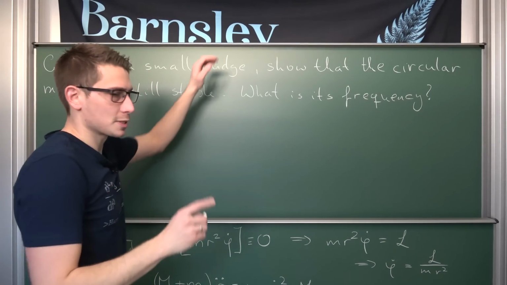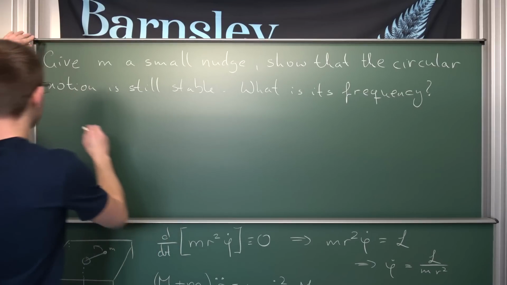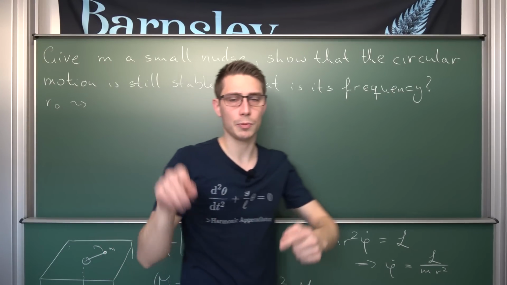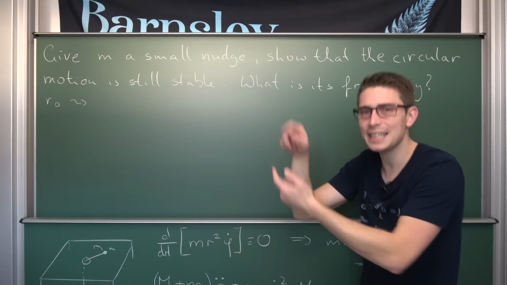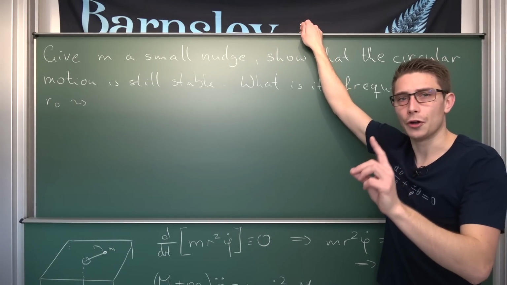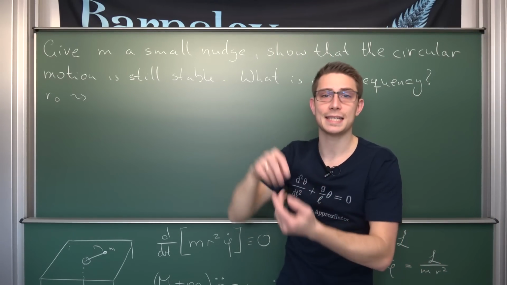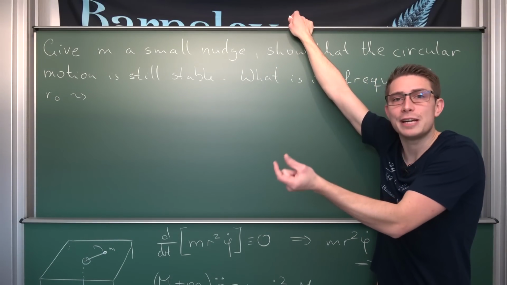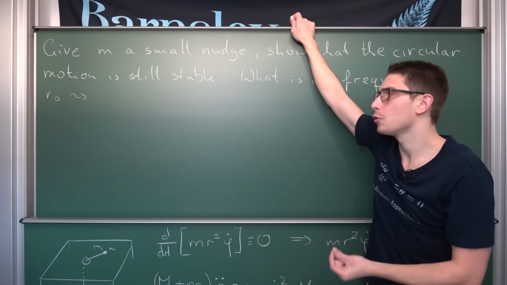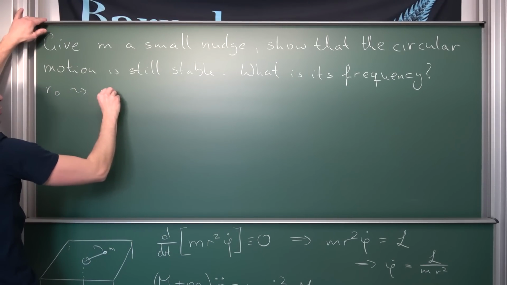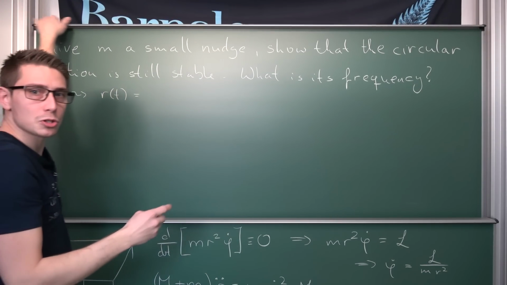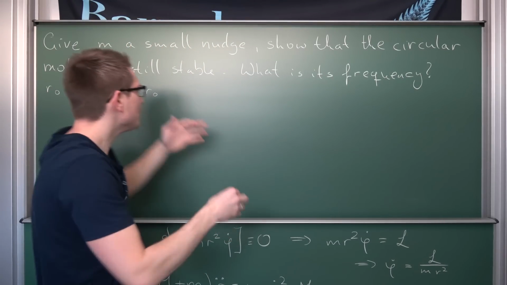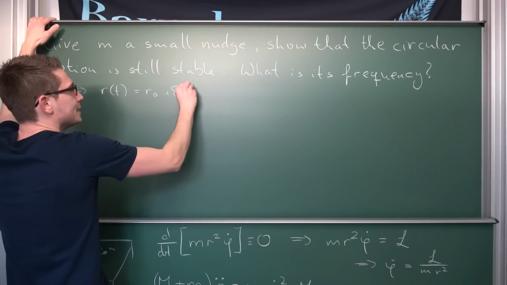Meaning, we are going to give a small nudge to our m. So what does it mean to give it a small nudge? Our radius r naught that we had initially is going to turn into, okay, we had a circular motion, and now we are going to give it a tiny little touch. Meaning our radius r naught is going to be displaced a tiny little bit. It's just like with calculus of variations. We are going to take a look at small variations, errors, noises in our original motion, meaning r naught is going to turn into some new r with respect to t, which is defined as nothing but our r naught plus a little bit of noise, some delta with respect to t.